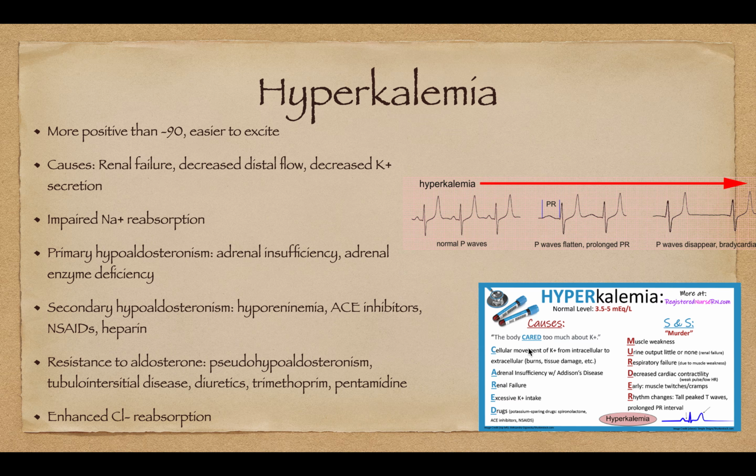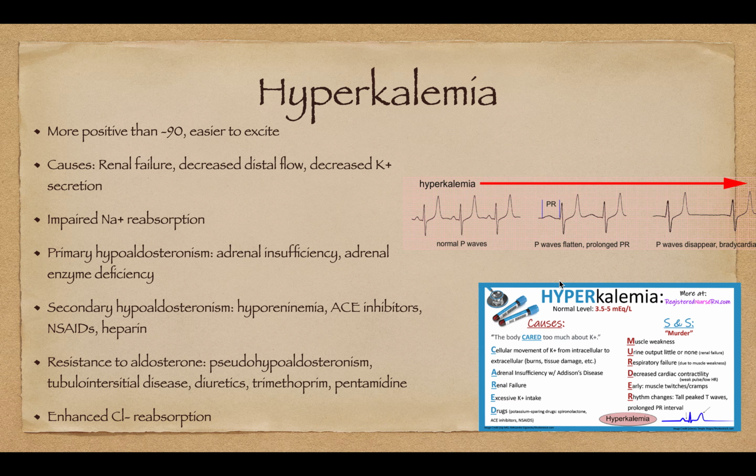The body cared too much, so too much potassium. From intracellular to extracellular, adrenal insufficiency, renal failure. This is also another cause, excessive potassium intake. Unless you're taking potassium supplements, it's actually kind of hard to have too much potassium, because I know bananas have a lot of potassium, but you have to eat pounds of bananas a day to have too much potassium. Potassium-sparing drugs such as spironolactone will also cause the body to